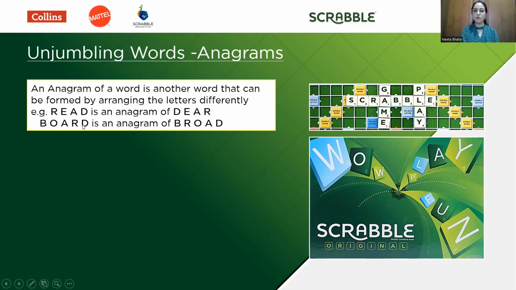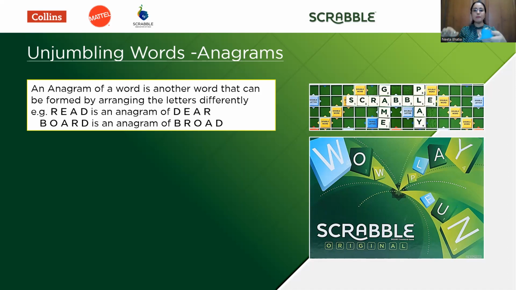The word board, B-O-A-R-D, as in a blackboard or a whiteboard, can be rearranged to form the word broad, which simply means something which is wide. In the context of Scrabble, it is very important to be able to unjumble words so that we can find bingos on our rack. Say, for example, we have a rack like this, and simply by unjumbling or reshuffling words,